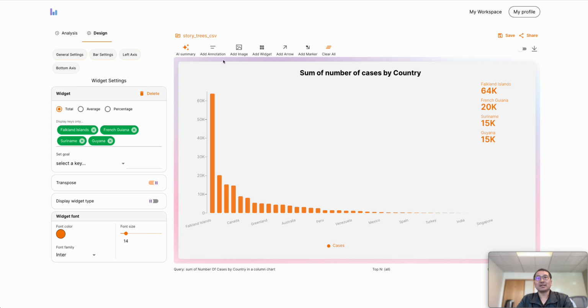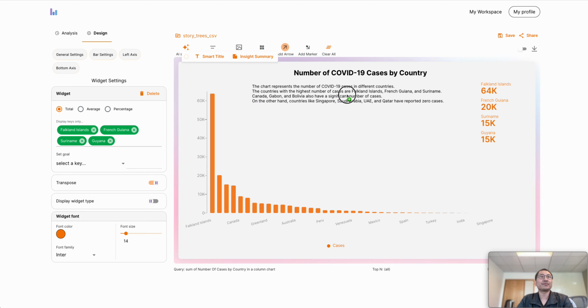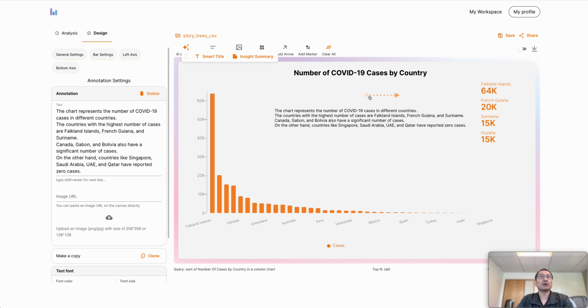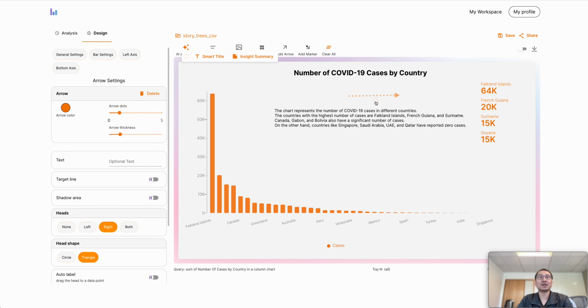These are all design tools we'll keep improving and maybe add some more in the future. But you can just explore them by clicking, selecting them, and dropping them anywhere you want. The AI summary function basically helps us generate a title and summaries. Once you have the title and summaries, you can continue to click similarly and edit them. For the arrow, you basically need to pay attention to these circles, because today that's the only way we move them. We're improving the usability. It makes sense to just hold the whole thing to move. But anyways,